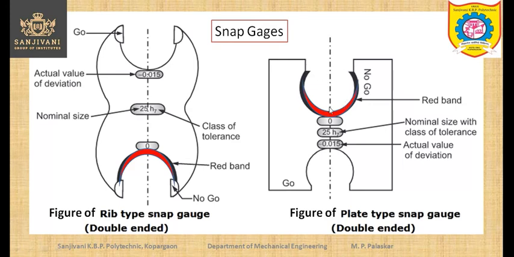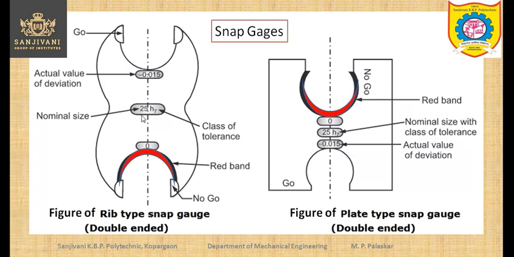So the no go end is indicated by the red band, or it is also written no go, but this red band clearly indicates that this is the no go, that means it is the area through which you should not enter. And here also this is the red band, so it is a no entry zone. Red signal indicates no entry, and therefore red color is given to this no go end. A red band is provided to this no go end.